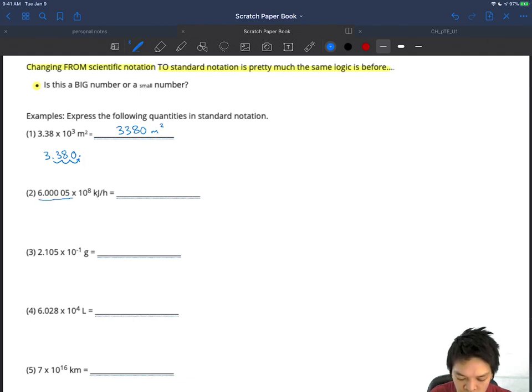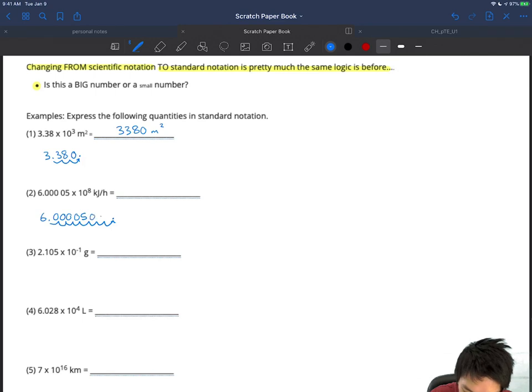Alright, let's take a look at our second example. We have 6.00005 times 10 to the 8. Okay, this is a super big number. It's a positive 8 exponent. So we're going to write down this, and we're going to be moving the decimal to the right to make it bigger. We're moving it 8 times. 1, 2, 3, 4, 5, 6, 7, 8. Here's my new decimal place,